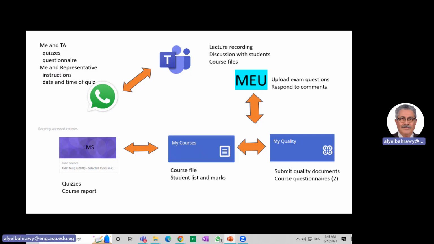There is one group between me and my TA to advise my TA about the quizzes and questionnaire. There are two questionnaires, one for midterm and one for final exam, even for courses that do not have a midterm. But this is a quality requirement. Another WhatsApp group is for me and the representative of the class, because there are too many students, they can be more than